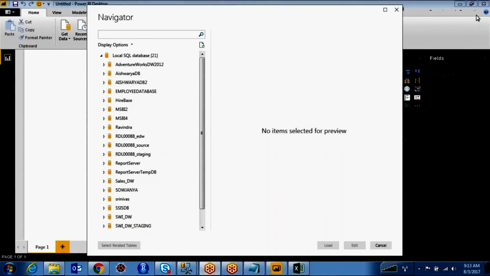So it is connected to the list of all databases I have on my server. If you want a specific database only, you can select only that. So AdventureWorksDW2012 I'm going to connect over here.